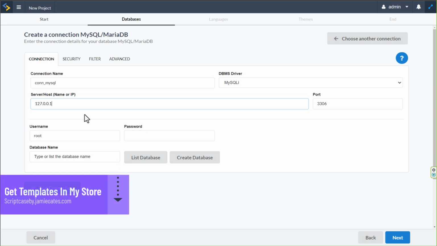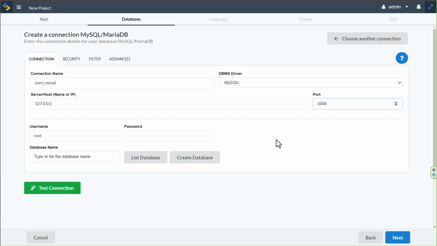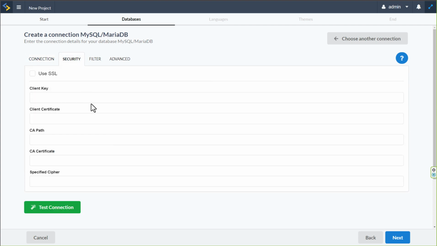The choice really is down to you. Do note on the right hand side here, we can also modify the port number of that host. So then below that, we have here the option for the username and password. But before we attach here the database, let's just have a quick look here at the security options, because here